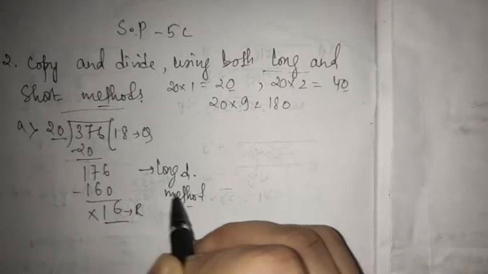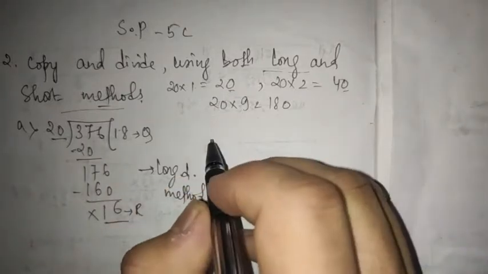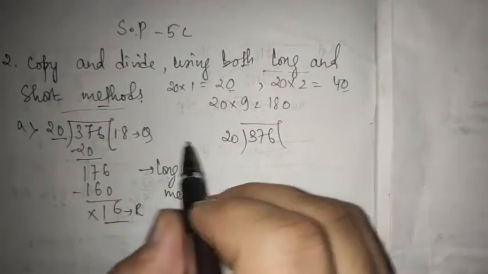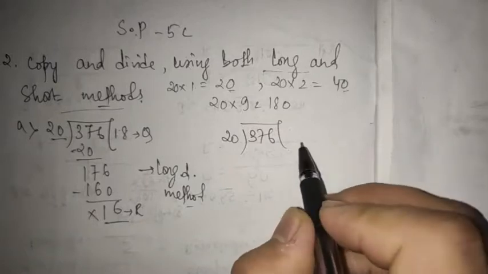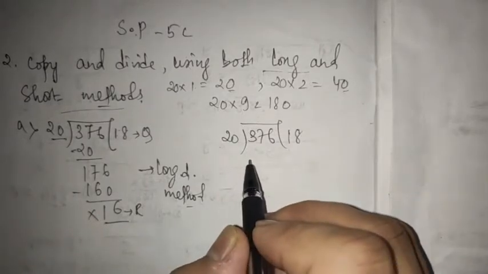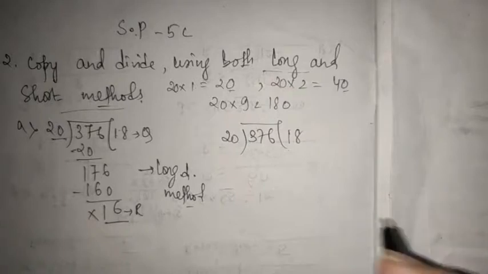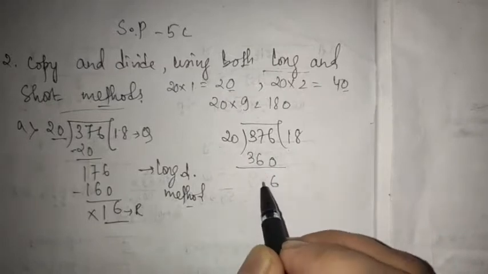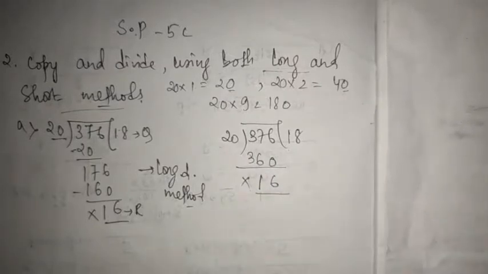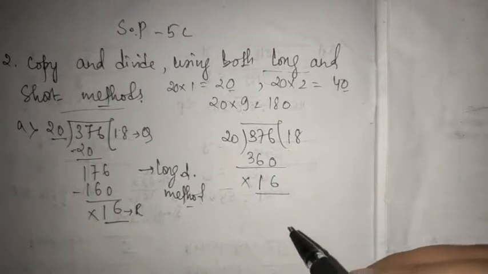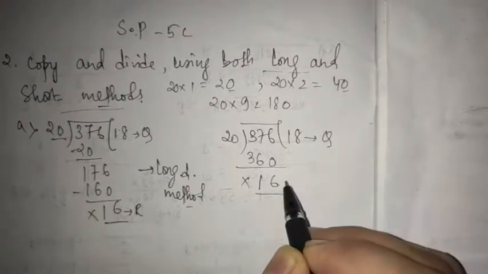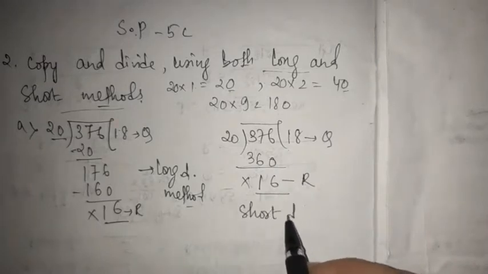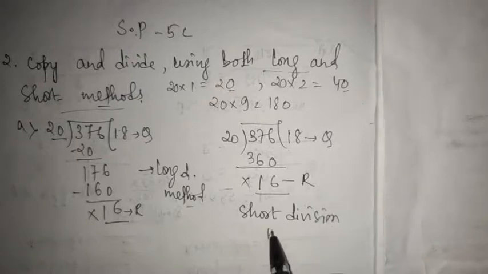All right. Why long division? Because we have used one by one step. But if you are doing division directly, suppose instead of using 1, if you know the multiplication table and you write 20 into 18, 20 into 18 is 360. Now 6 minus 0 is 6, 7 minus 6 is 1, so your remainder comes 16. After this you can proceed forward, but as there is no other number, this will become your quotient and this will become your remainder. So this is your short division method, or short method.